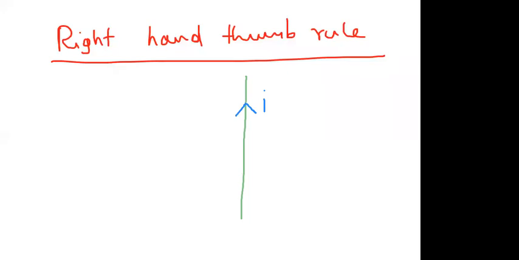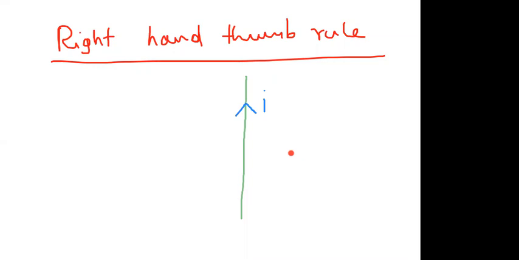And now what I am doing means, I know that from Oersted experiment, around the current carrying wire magnetic field is there. So I want to find the strength of the magnetic field. For finding the strength of the magnetic field, first of all we have to know the direction of the magnetic field.